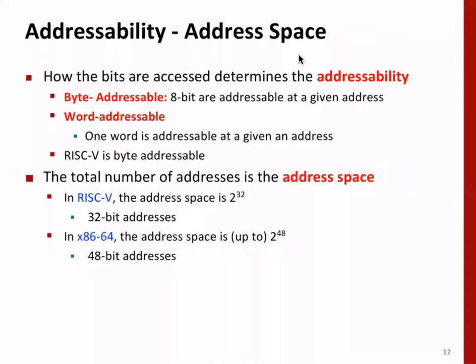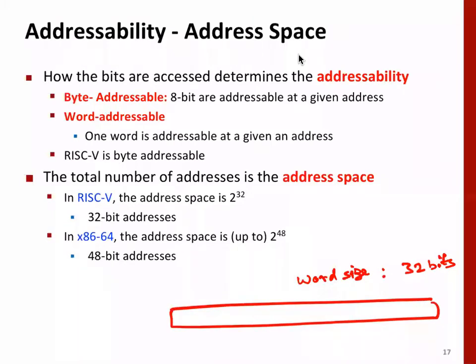No, sir. All right. Second thing is that we have defined word size. The word size for a RISC processor is 32 bits. So this is a memory. The first byte, second, third byte, and so on. There are 8 bits in each byte. Now, the question is, when the word size is 32, what is the minimum number of bytes that we can read at a time from memory?